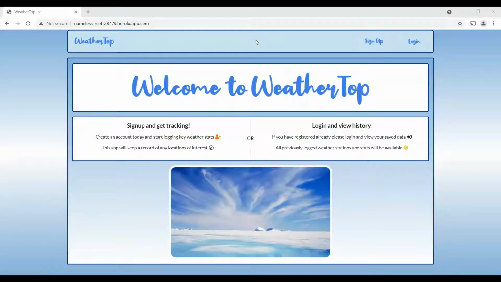Hi, Colin and Eamon. So I'll just give a brief demo of the WeatherTop application that I've built for the final project. At the moment, I feel like I have release 3 working and I've added a couple of features